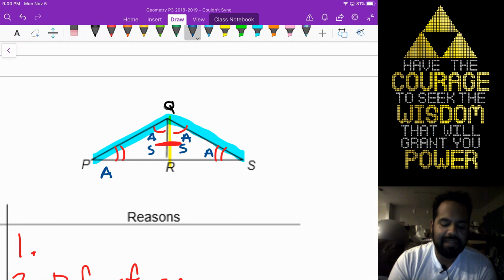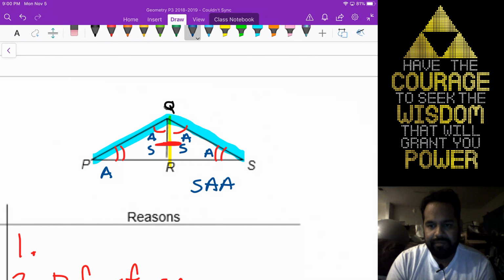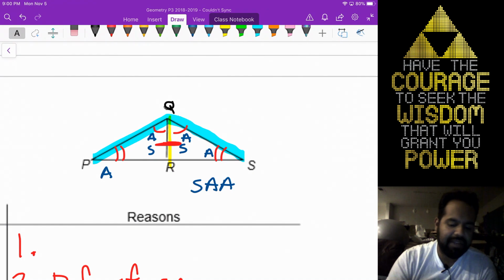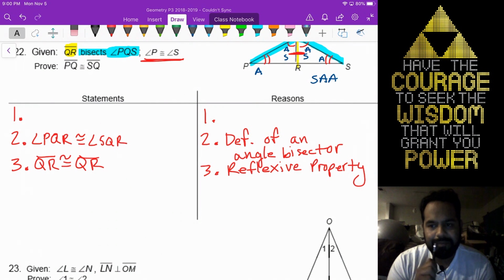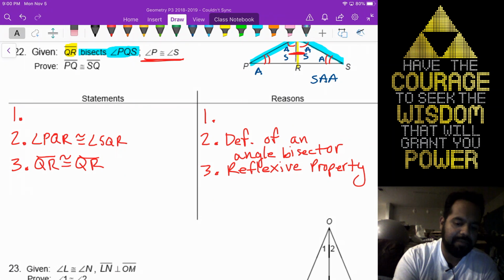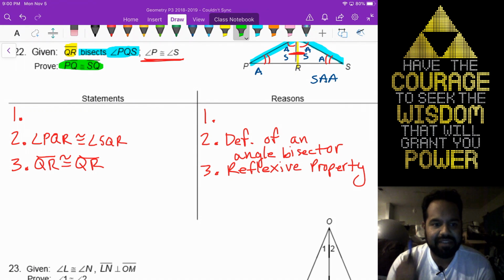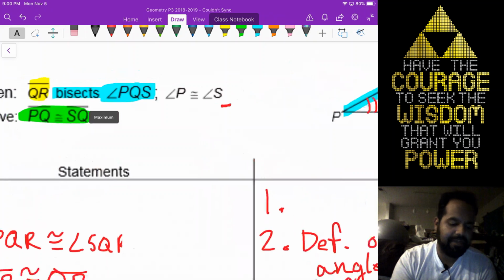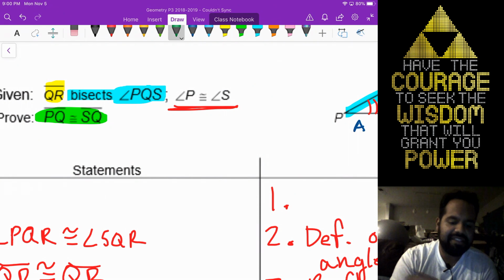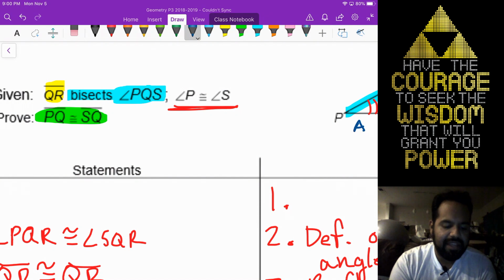Now, some of you might be tempted to say, Mr. T, this is an SAA. No, we're going to read it as angle side side. So now we can... wait a second, look at your proof. What are we proving? We're proving that the segments are congruent, not the triangles. However, we need to establish that the triangles are congruent before we can do this. And this is going to lead us to our beautiful acronym